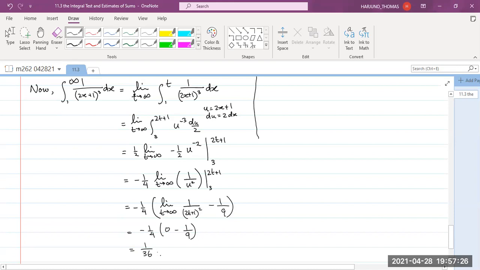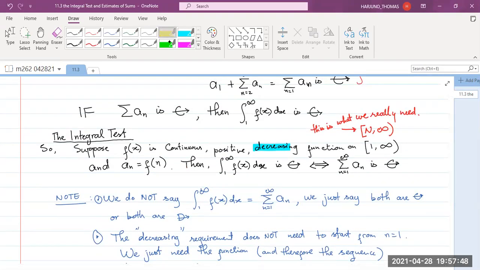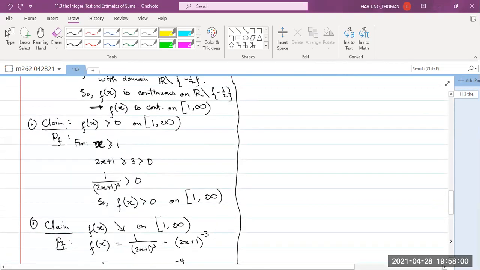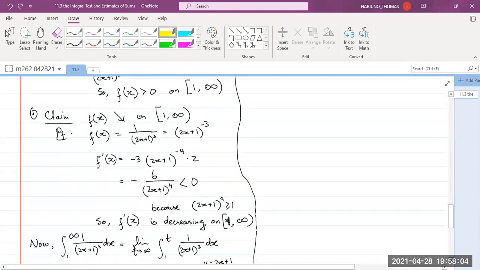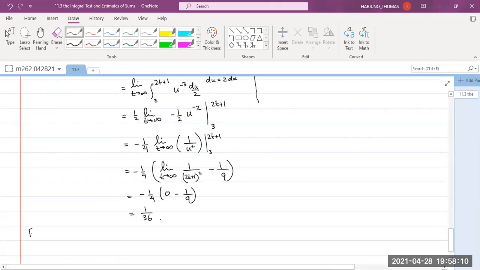Now notice that what I did here, I actually computed that integral and showed that it converges to a number. And that's actually not necessary. Why? Because all I need to show is this integral is convergent. We don't need to find the actual value because after all, the value of this integral is not the same as the value of the summation. Right? No, they are not the same. So we don't need to show what's the value of that integral. We just need to show the convergence. So what happened here, I overkilled it. Nothing wrong with that though. Okay, but then you claim by the integral test,